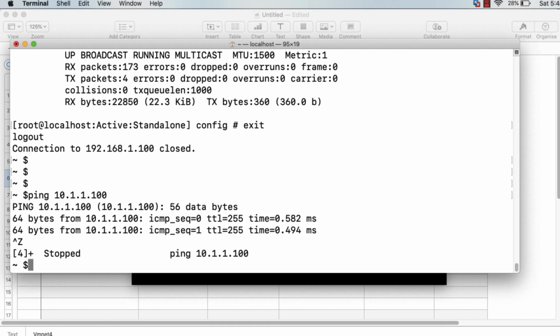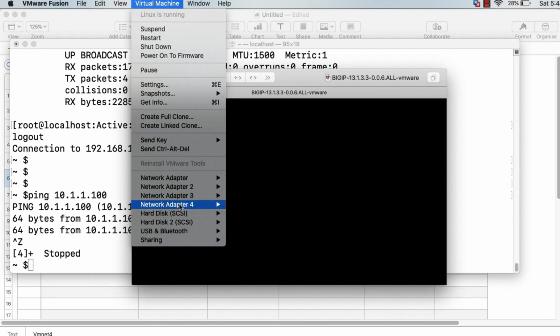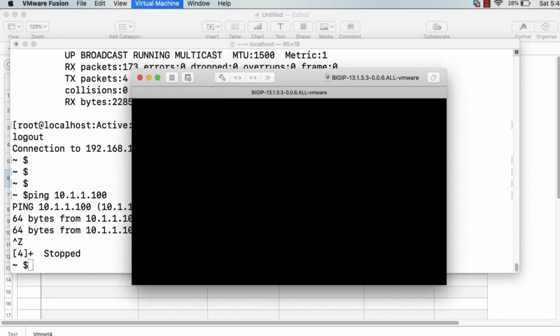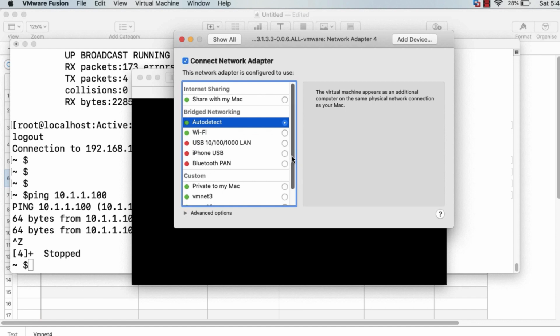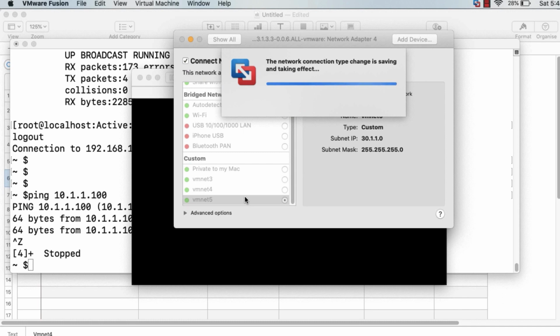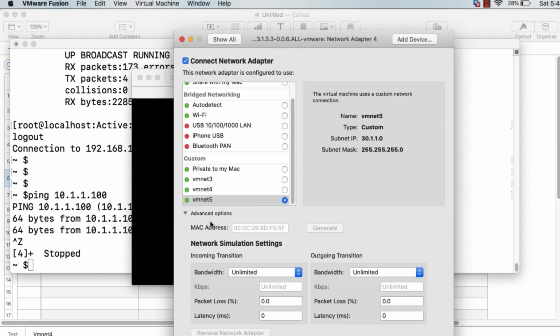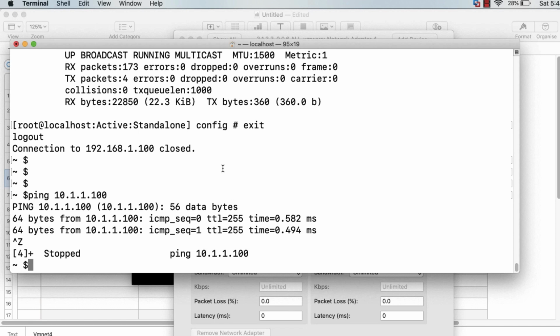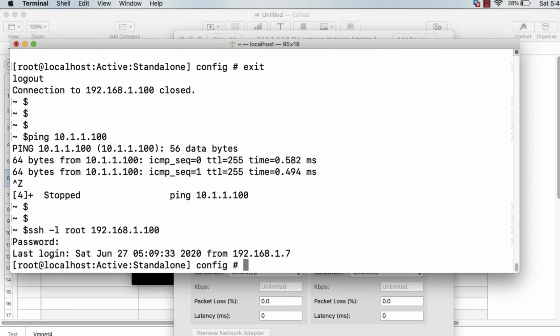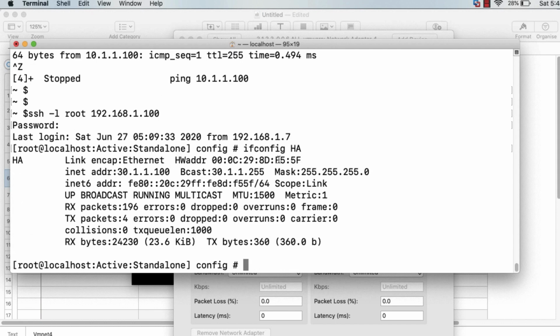Similarly, we'll do it for the HA. This is the last adapter which is left. Go to network settings, by default set to auto detect. Click here. You can also verify the MAC address. I know it will be safe, it is done, but if you still want to verify it, ifconfig HA, and it is F55F.